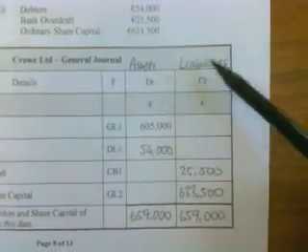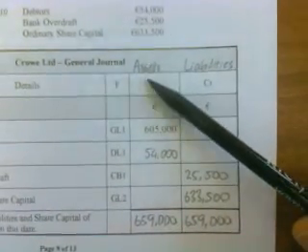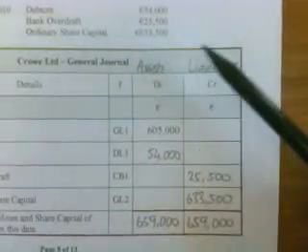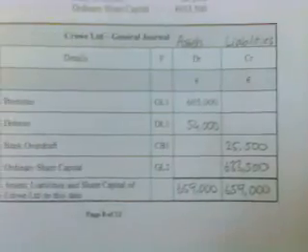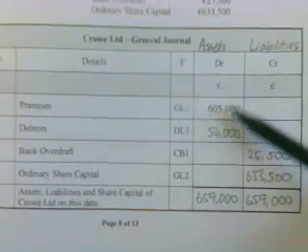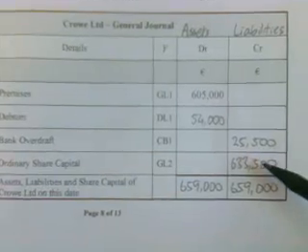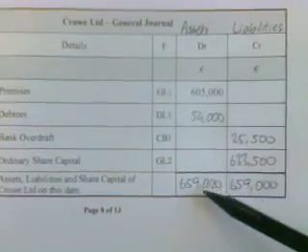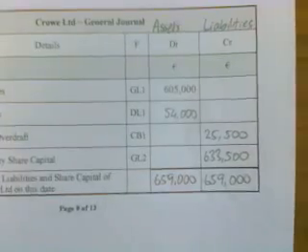I've just written in assets and liabilities again. Of course there's no need to do that in the exam, it's just as an aid to help you remember. So the debtors there, entered on the debit column as an asset, bank overdraft, ordinary share capital, liabilities, balance there,